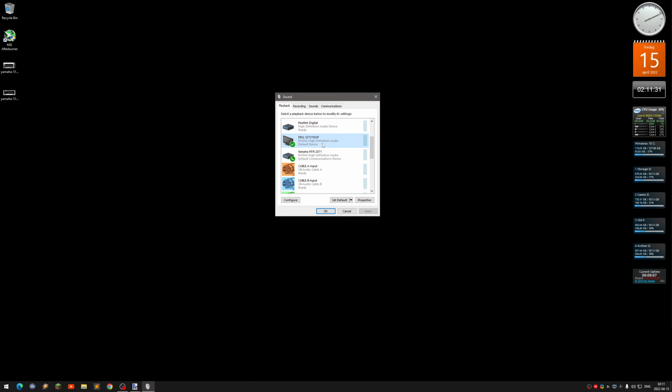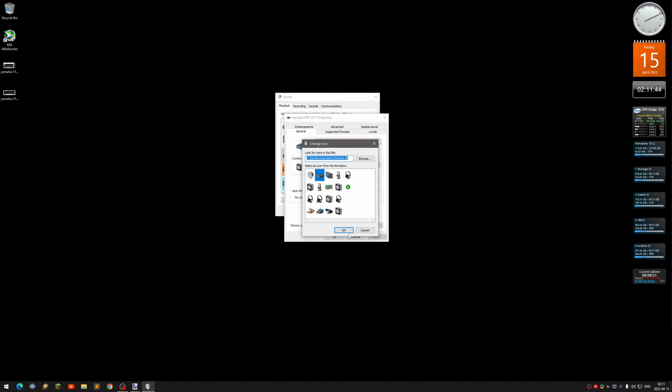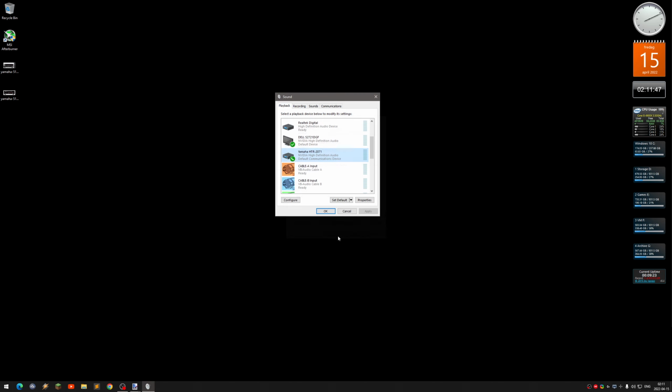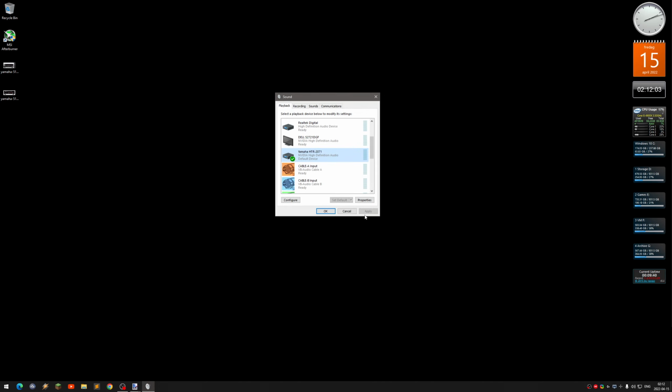So what you do is double click on it and you can change the name. I changed it to the same name as the receiver. I also changed the icon, same thing, from TV to this device. And OK. And you need to set it as default as well. And you need to do the same thing again, configure it as a surround system. And you're done. And when you turn it off,